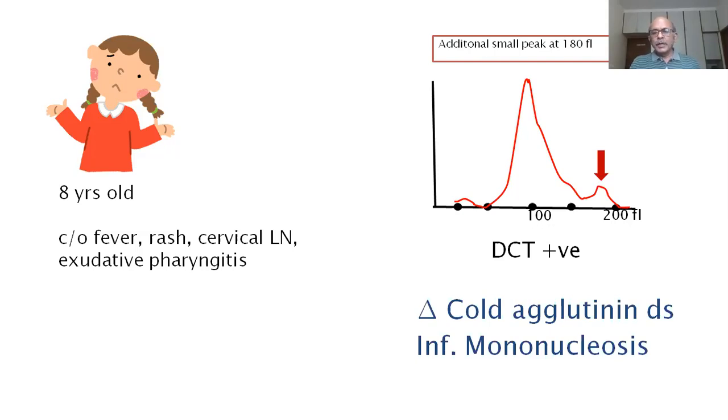The cold agglutinin disease was because of infectious mononucleosis. Infectious mononucleosis and mycoplasma are two important causes of cold agglutinin disease. When you have cold agglutinin disease, there is spontaneous RBC agglutination on the peripheral smear. This is picked up by the counter as a cell with a very large MCV. An excellent example to pick up a patient who has spontaneous RBC agglutination on peripheral smear and land up with an uncommon diagnosis of cold agglutinin disease.